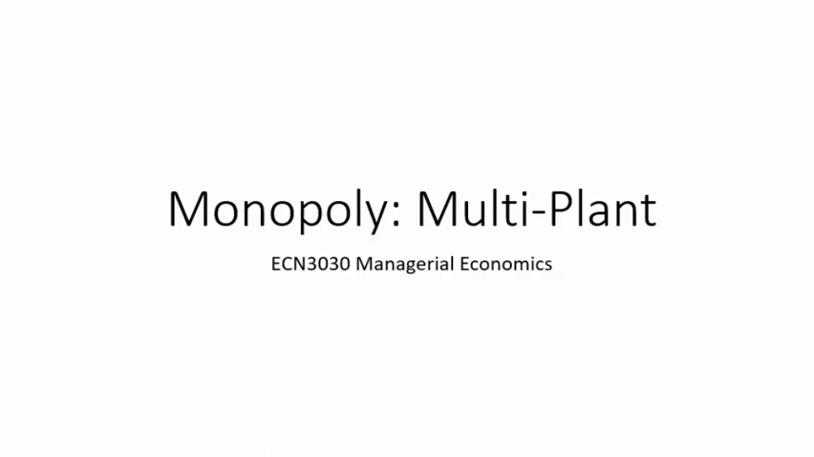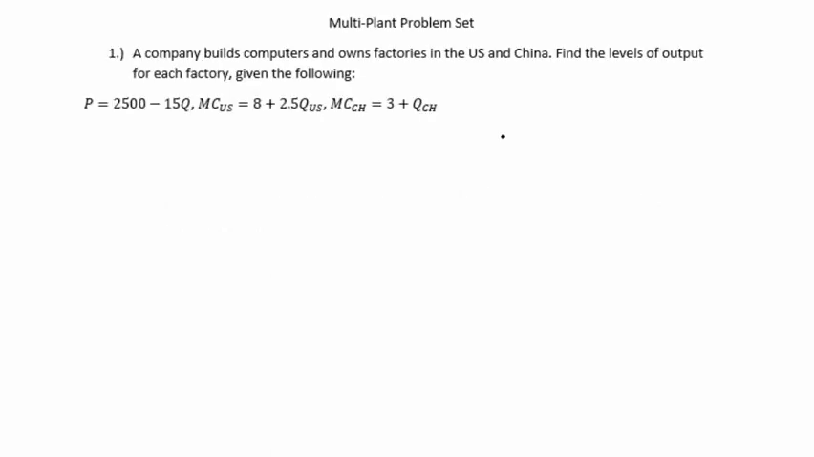In this video, we will be discussing monopolies with multiple plants and how they profit maximize among these multiple plants with differing cost structures. So we have a problem here, and we are given the information that a company builds computers and owns a factory in the United States and China, and we want to find the levels of output